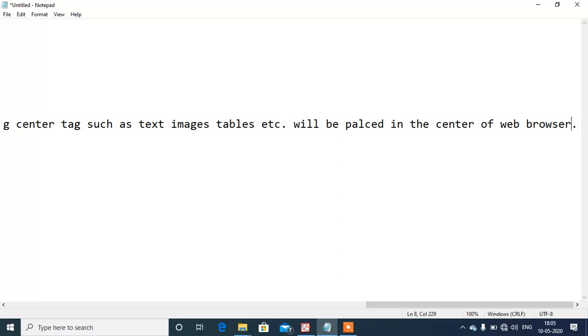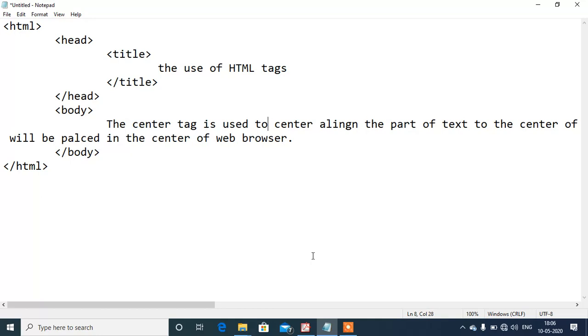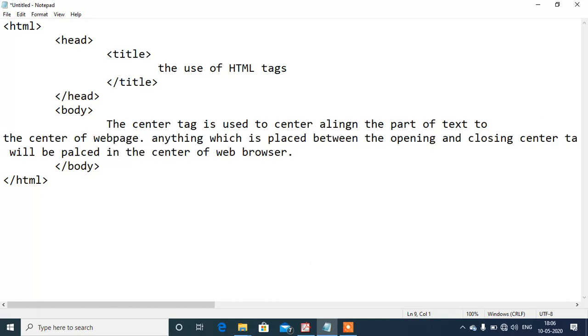Now, for simplicity, I am placing some of the lines in the next line like this.